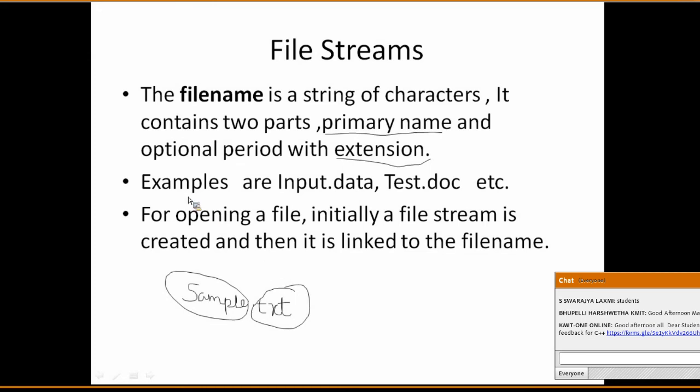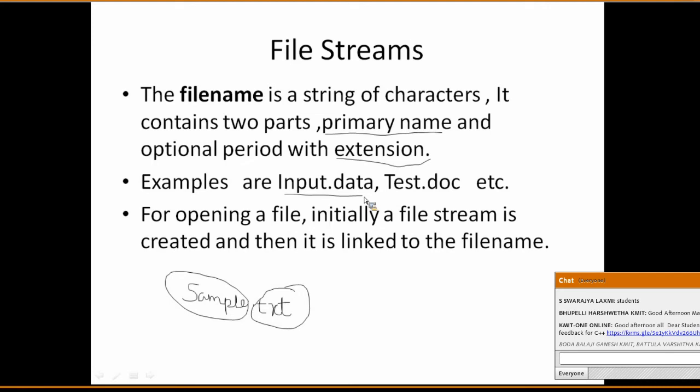You can see examples also here. I have taken input dot data. What is the primary name under this? Input.